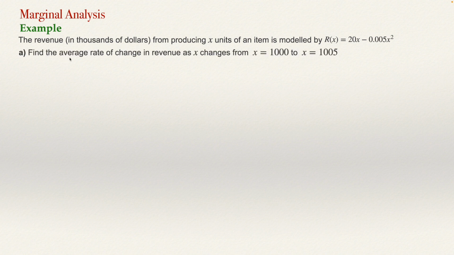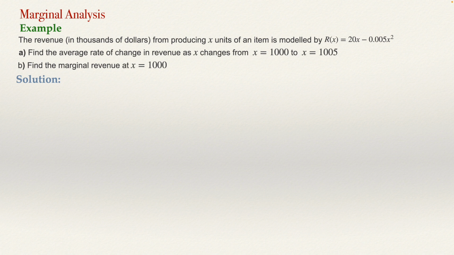We are going to find the average rate of change in revenue as x changes from 1000 to 1005. And second, we are going to find the marginal revenue at x equal 1000. Let's work this problem. To get the average rate of change, remember this is the change in the function divided by the change in the independent variable. So it will be the change in the revenue divided by the change in the variable x, the number of